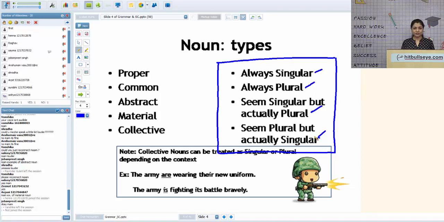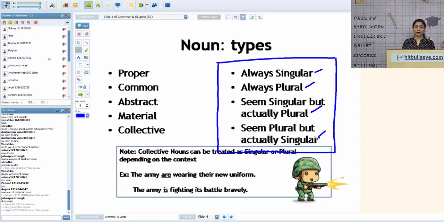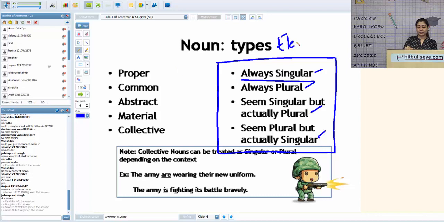Does electricity come to everyone's house? I don't think so. We all have electricity running in wires. Do you have a liking for music? No, we all love music, right? So always singular, we would have examples like electricity, music,